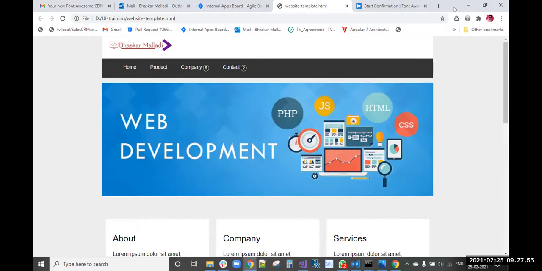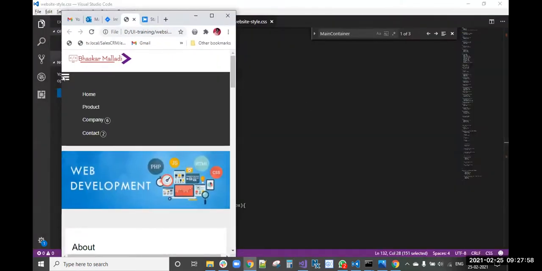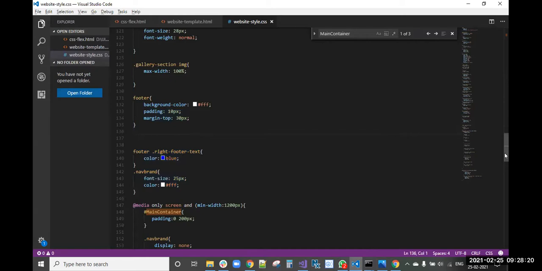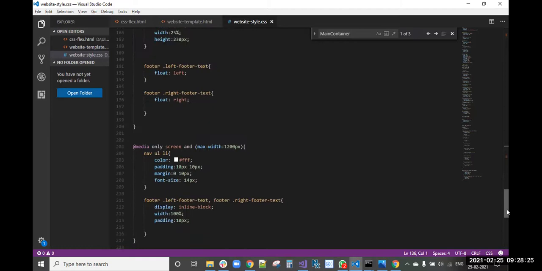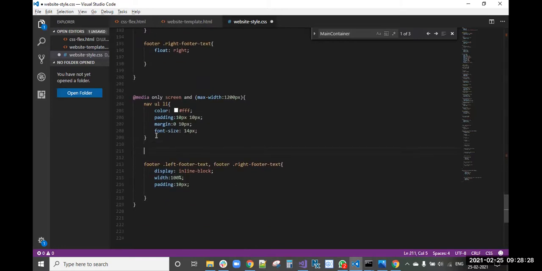Okay, that is gone. When it will be shown, here in the small screen it will be shown. Whenever I am clicking on this, it needs to show. That we will do by using JavaScript only. When I click here, it will show or hide. That will show using Font Awesome and JavaScript only. In 1200 pixels, we need to hide the nav UL LI, right?